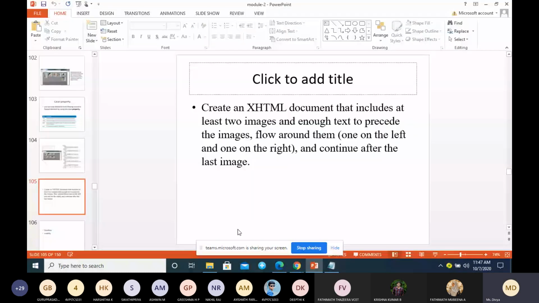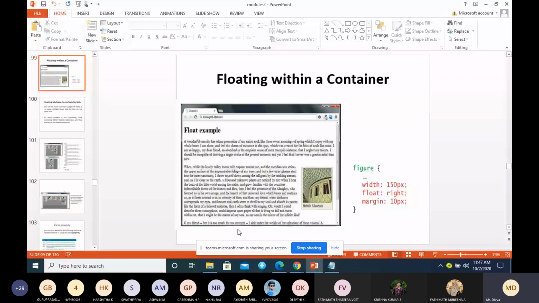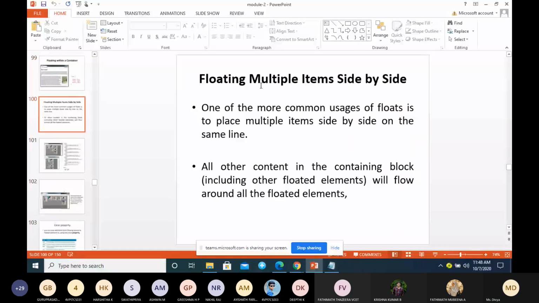These are some examples where you are using float right. So this image is floated to the right side. Then the next one, floating multiple items side by side. If I want to use float where you have multiple items, items can mean a table or any other content. I'm showing it with images.